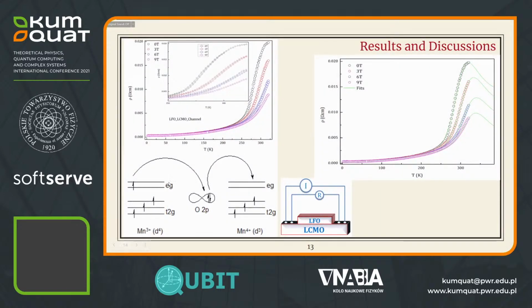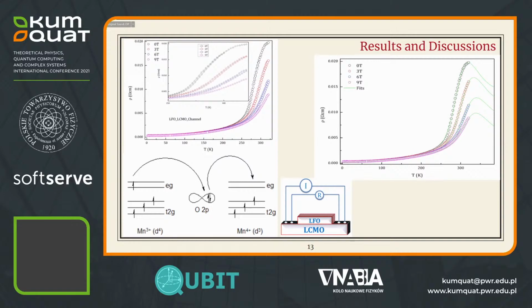To understand it better, on the left hand side, Mn3 plus and Mn4 plus ions are there. Because of the doping of Ca at the site of La, we obtain Mn3 plus and Mn4 plus valence states. And the hopping of charge carriers, or electrons or spins, is taking place through the oxygen ion. So what happens is when the electron from Mn3 plus jumps towards the oxygen, at the same time the electron from the oxygen jumps to the Mn4 plus, leading to hopping of charge carriers, thus giving us conduction very well and